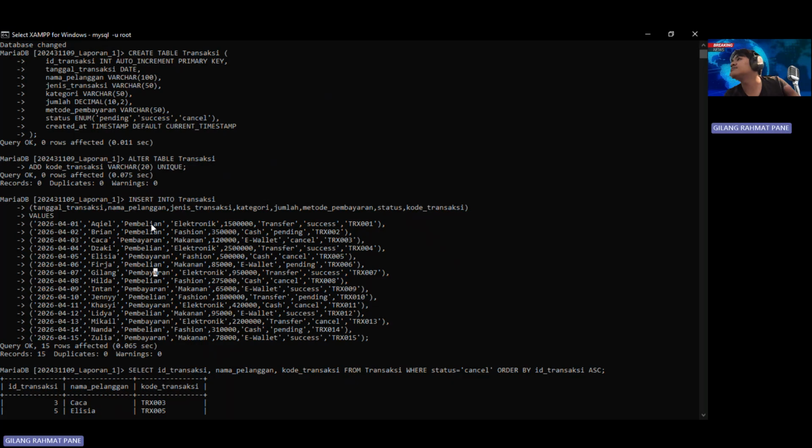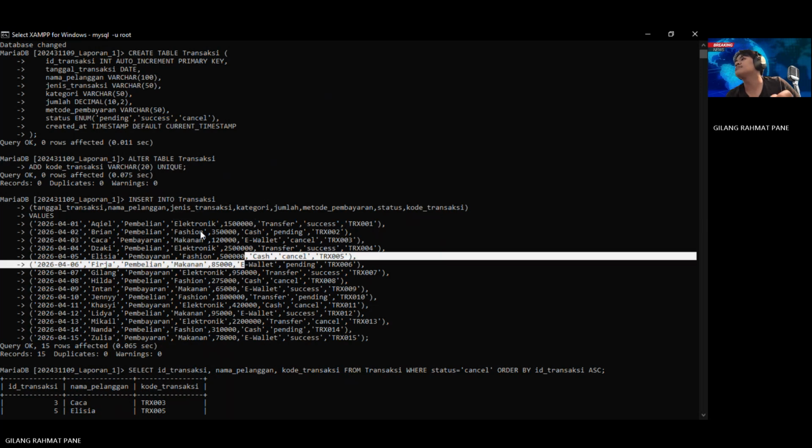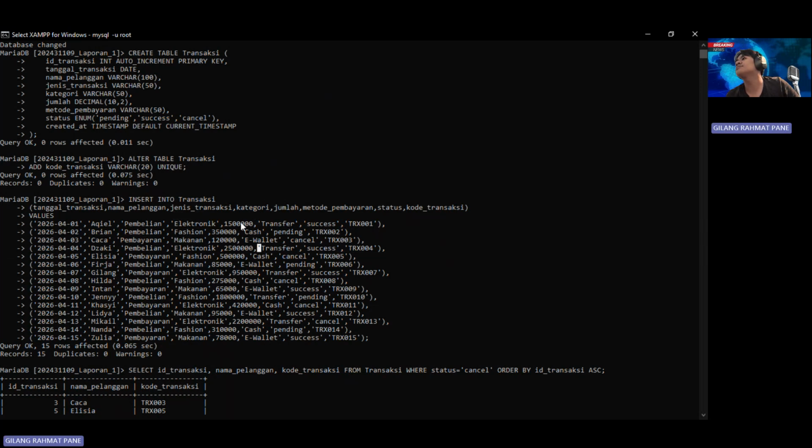There are 3 jenis, which is pembelian. Oh no, sorry, it's only 2 jenis transaksi: pembelian and pembayaran. And in the category, there's electronic, fashion, and makanan, only 3, and jumlah is variative: 1.5, 30, 50, 100, 120, 100, and then 2.5 million, 500,000, 85,000.